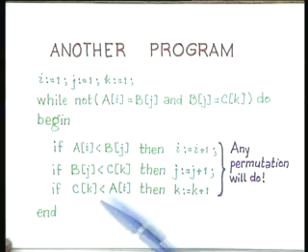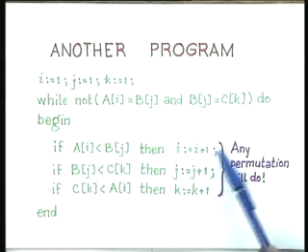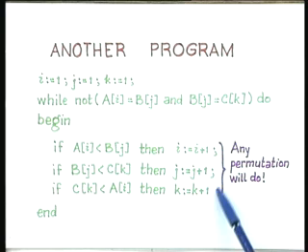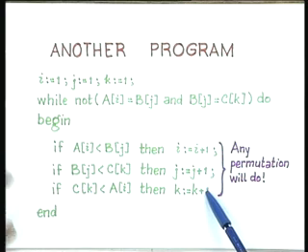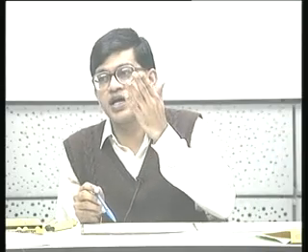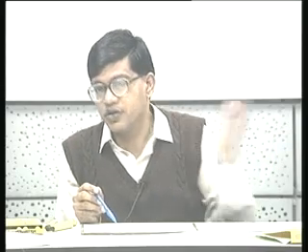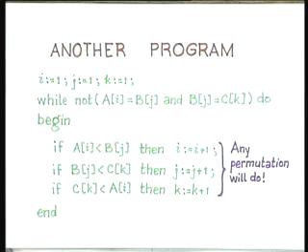As long as that, and of course, in this case this allows for far more possibilities than the previous one. The previous one was really straitjacketed. Within one iteration of the main loop, you had to first find an i such that ai is greater than or equal to bj, then you had to find a j such that bj is greater than or equal to ck, and you had to find a k such that ck is greater than or equal to ai, and then repeat the whole process till you have found an i, j and k of that kind. This one allows for more possibilities, right.